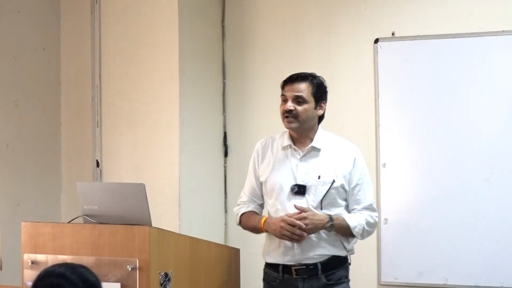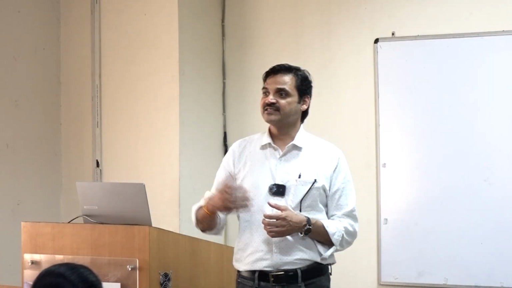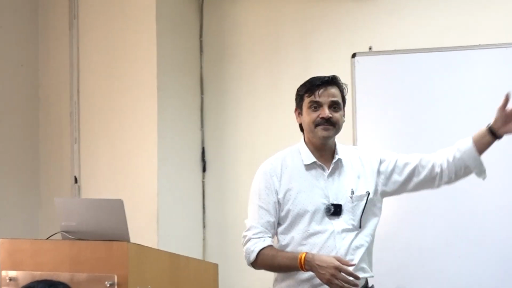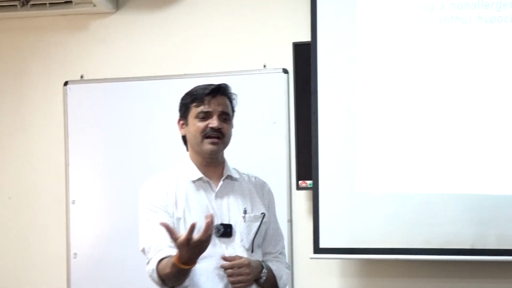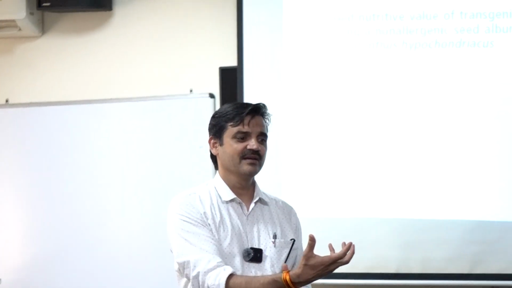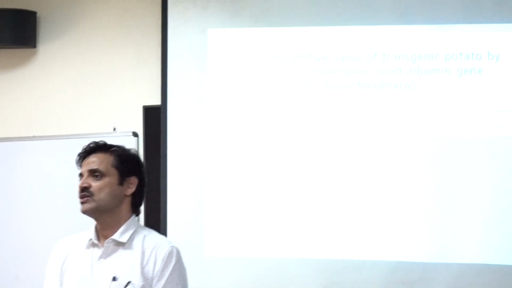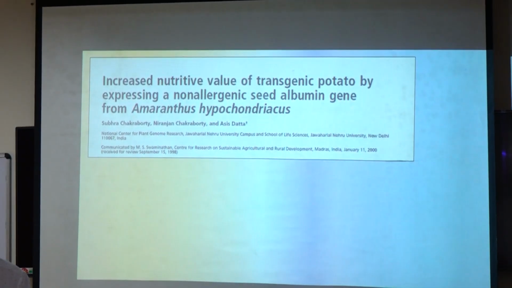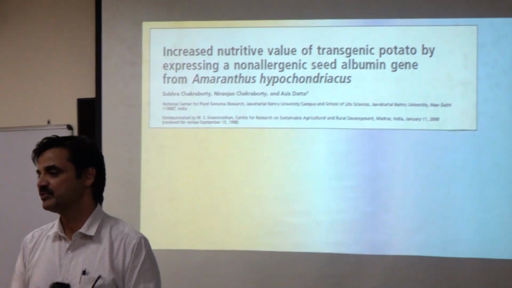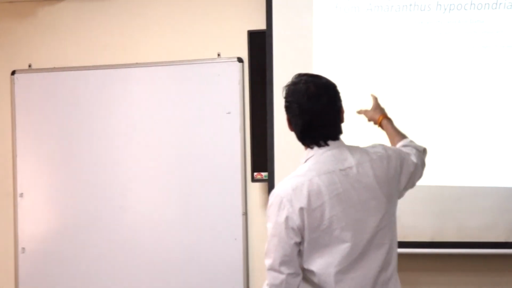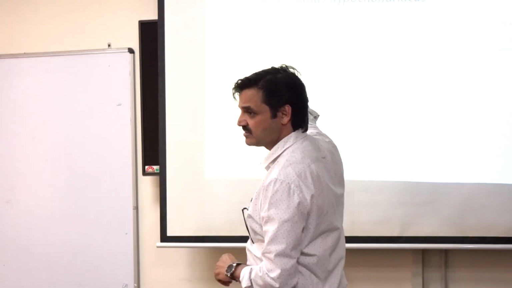The idea was another idea. I mean, you can see that what ideas are, this is from JNU only. So the idea was that potato, आलू तो सब खाते हैं, हर सब्जी में खाते हैं, but आलू is largely carbohydrate. So if we can get some protein along with it, okay, the potato was supplemented with certain proteins, and protein comes from a weed called amaranthus, right?